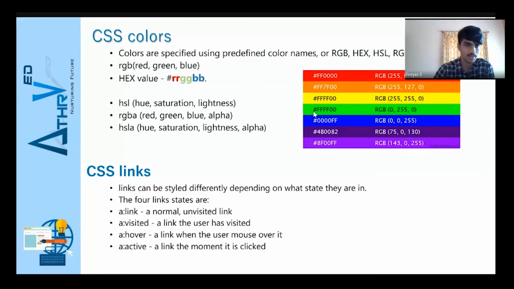The same goes with the images and colors. You can vary the saturation and lightness. There is a property called RGBA. This is just like RGB, with alpha. Alpha is an additional property where you can set an opacity. So suppose there is a color red, and if you want to make it a bit light, you can set the alpha to 0.5 or something like that. It will be a bit light. The same goes with HSLA.